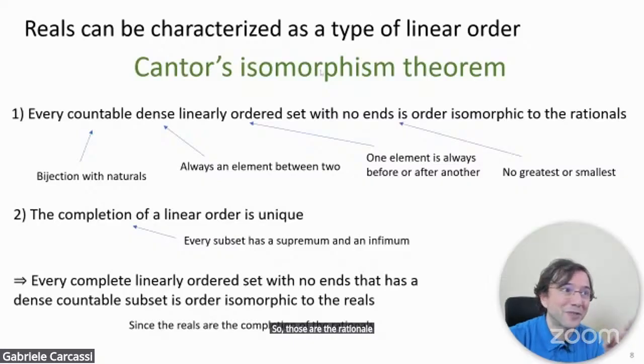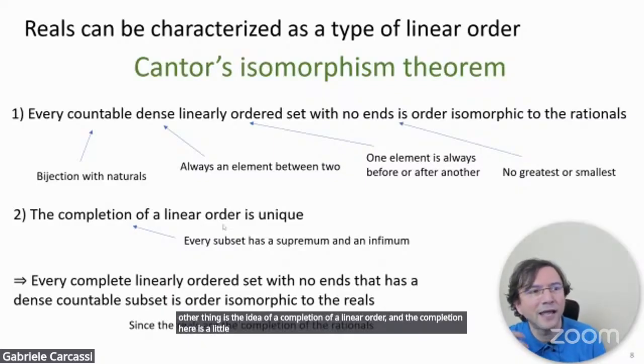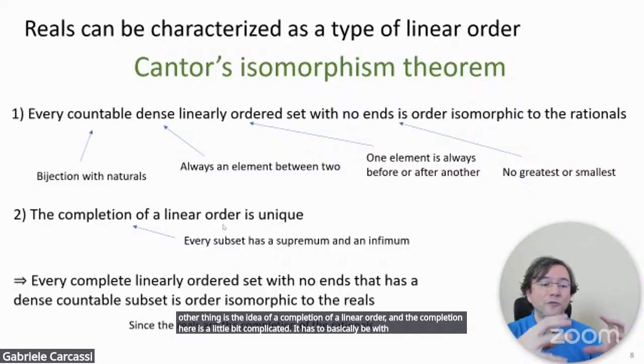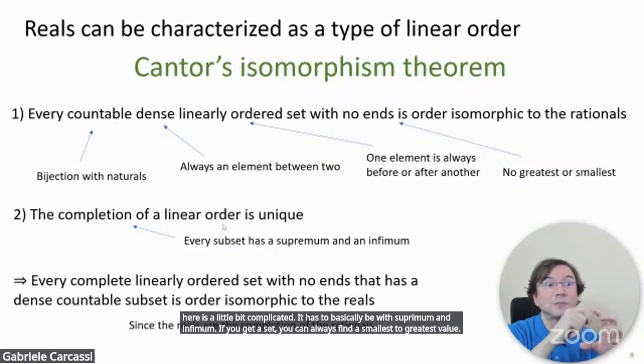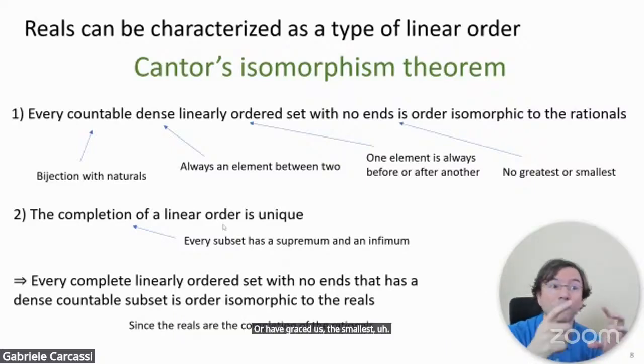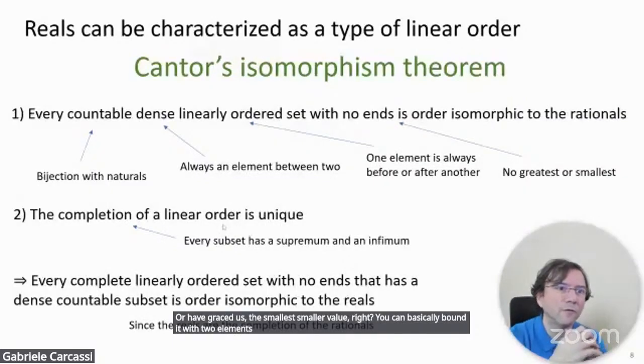So that's the first thing that Cantor proved. The other thing is the idea of a completion of a linear order. And the completion here is a little bit complicated. It has to basically be with supremum and infimum. If you get a set, you can always find a smallest greatest value, or a greatest smaller value, right? You can basically bound it with two elements of